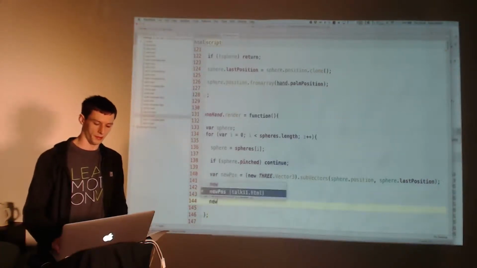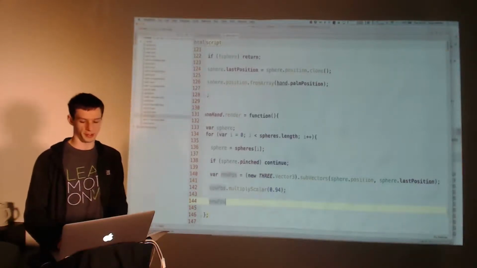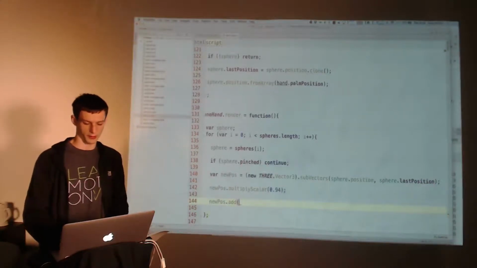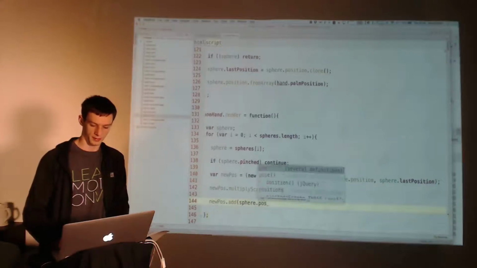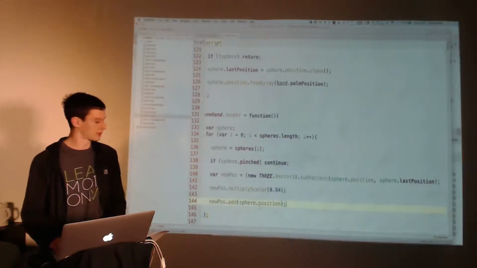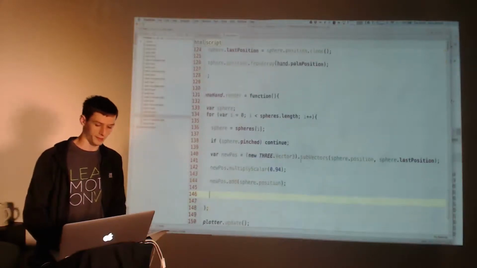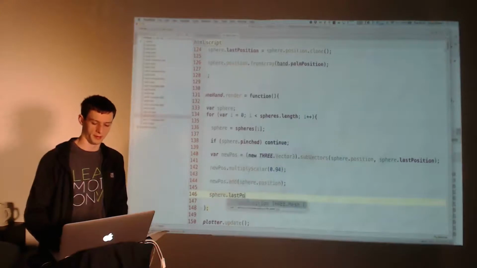And then, now that we've got the change in position, seeing as this variable is called new position, we want it to be the new position, so we're going to add the current position to it, sphere position. And this is the new position we're going to set. So we want to track the old last position first. So we want to do sphere.last position equals